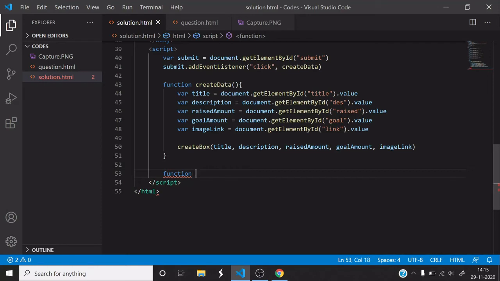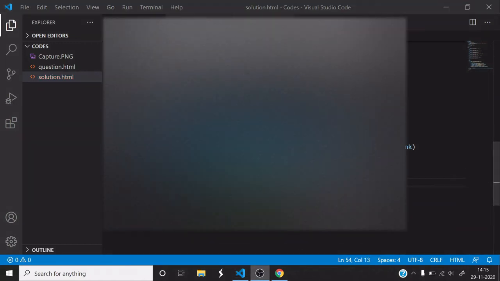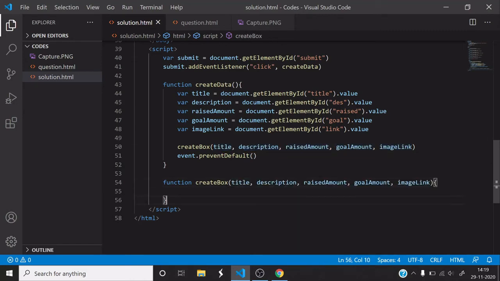Next we need to create a box with this particular data, and we want this function to run.